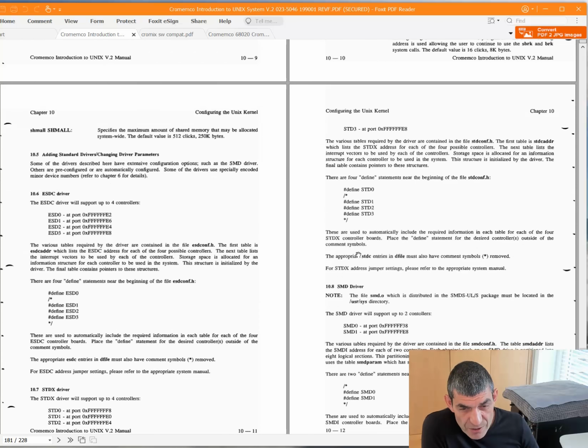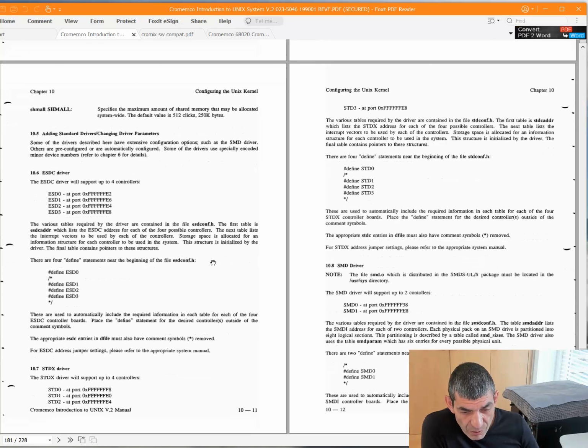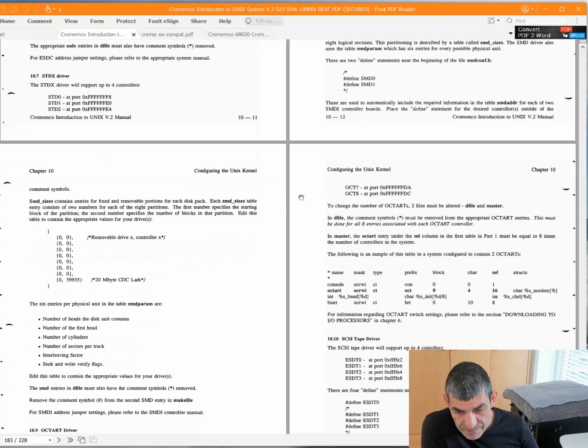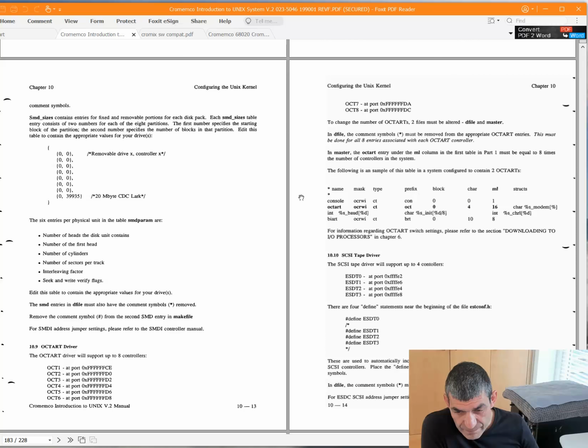You can change the number of ESDC or STDX cards. So you can change these disk devices here. And you can actually also change the Octart driver, which is the 8-port serial card. You can change that there. But you can't add or subtract other types of driver. Let's look instead at the